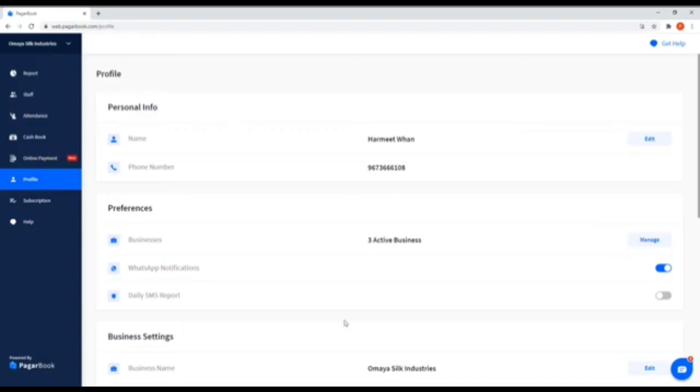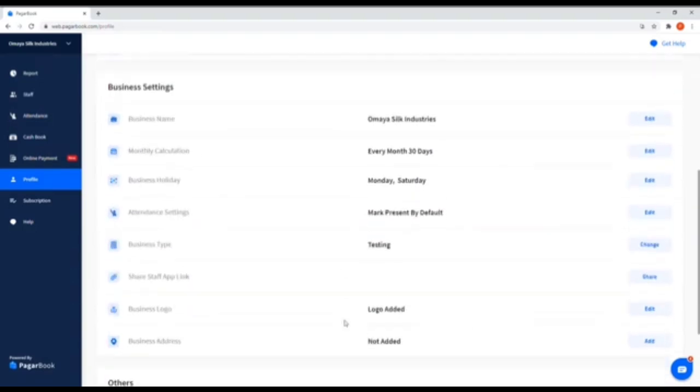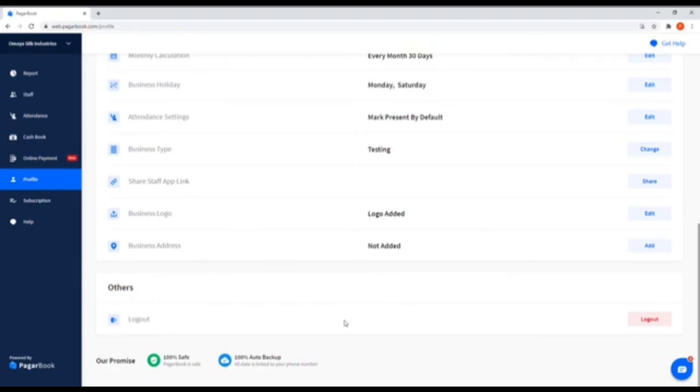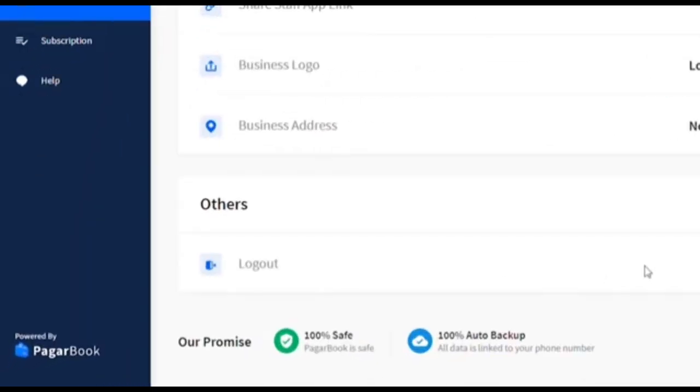All your data is safe and secure in the Pagaar Book app. Even the information provided by you here cannot be shared with any of your staff without your permission. In case of any difficulty or technical issue in operating the app, data cannot be accessed without your permission. Even Pagarbook never shares any data of its users with any government or private organizations. The stored information can only be accessed by you. Pagarbook is a 100% safe and secure app where all your staff calculations can be done safely.